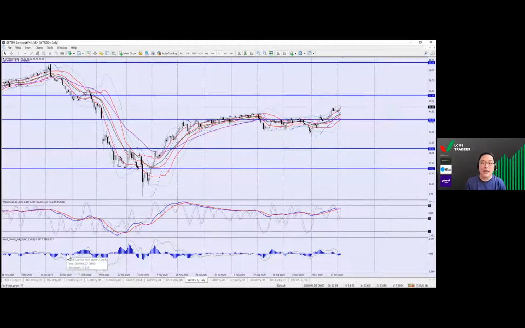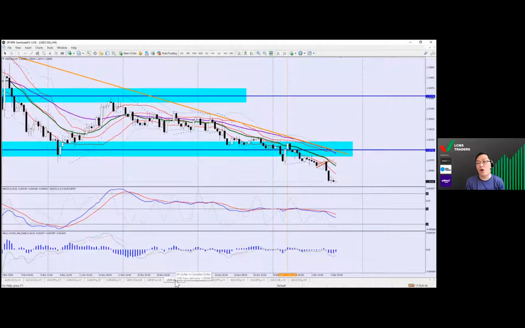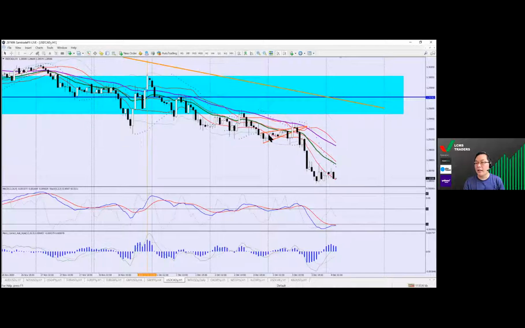And winter time is coming, gas and oil could also be in demand here. It naturally translates to the USD/CAD of a strong Canadian dollar as well. So with the weakness of the US dollar and the strength of the CAD, USD/CAD has been on a downtrend very, very steadily down. In fact, I was just looking at the trade yesterday of a downtrend, a continuing pattern of a rising wedge coming in, it breaks out, and then you retrace back and it continues down. It was a very nice trend coming in.